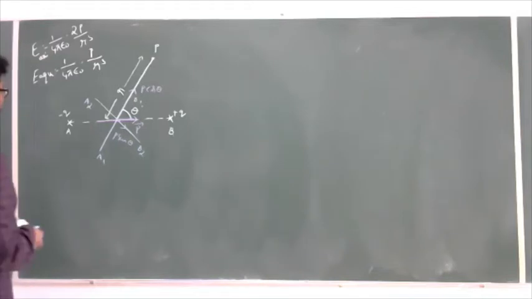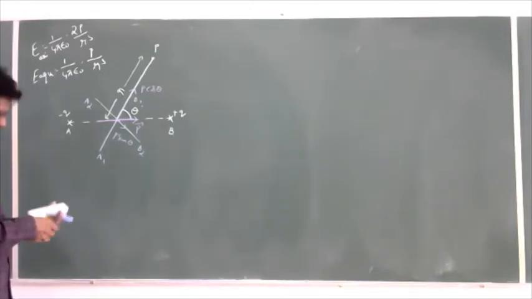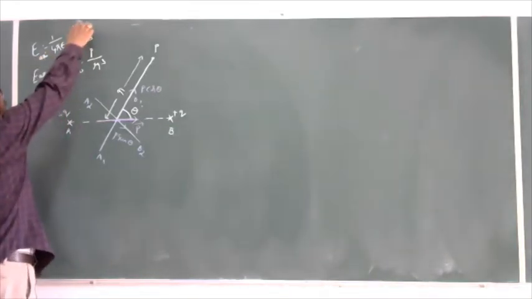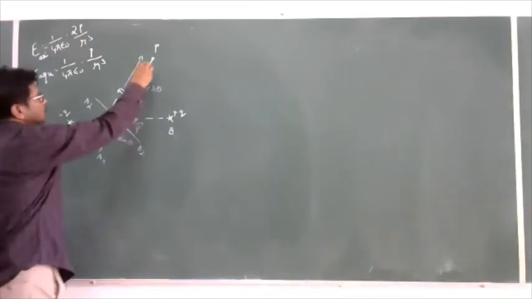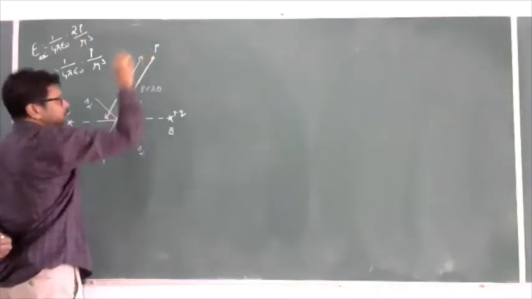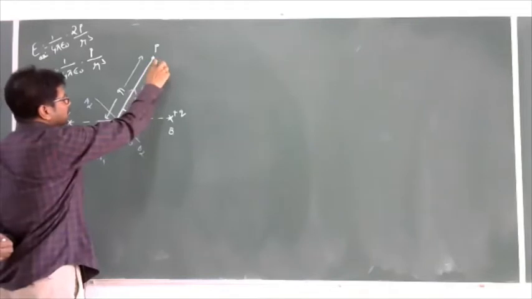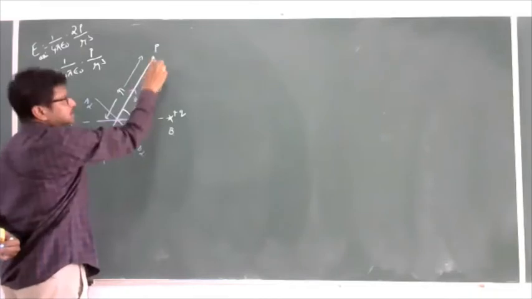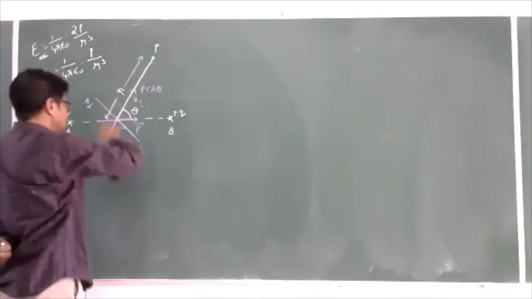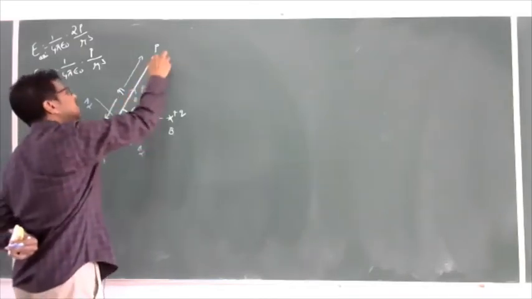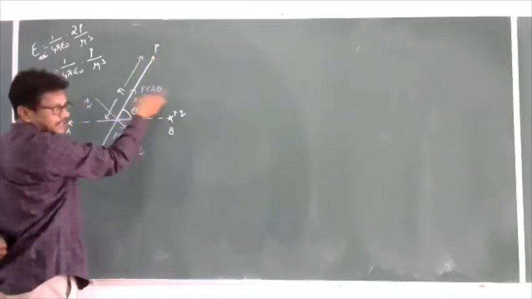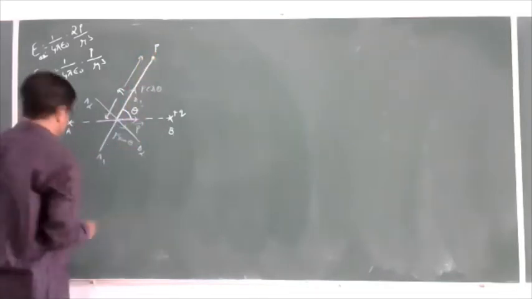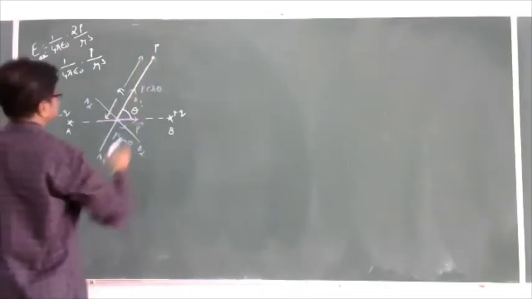Now here, what I am saying is that the electric intensity mainly depends upon the dipole moment. So now if you take the point P, that point P is on the axial line of the P cos theta component. The point P is located, otherwise you change that point to avoid confusion.